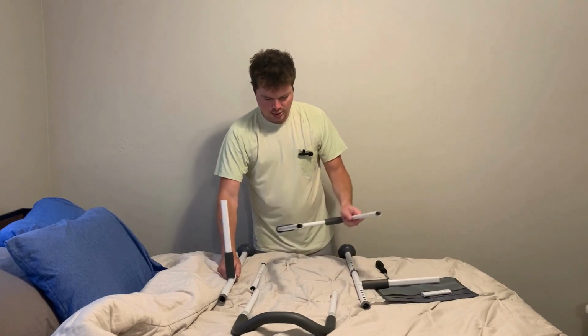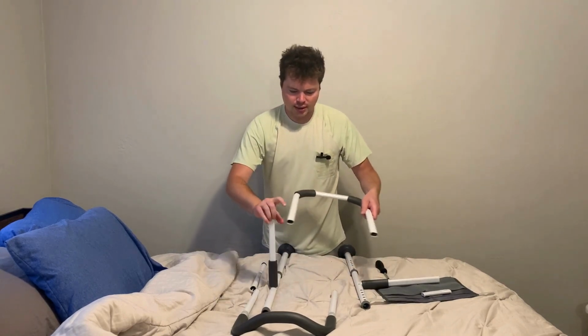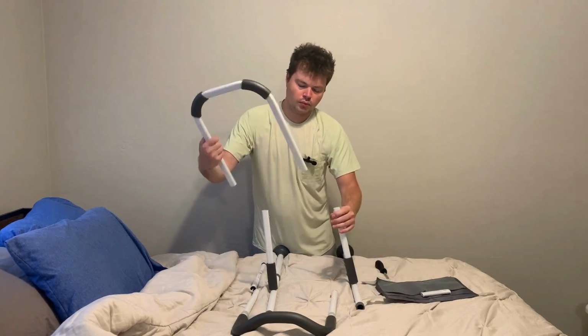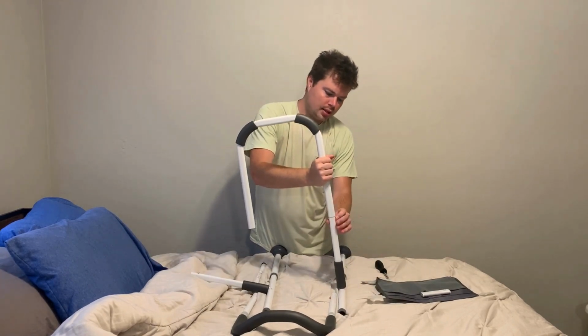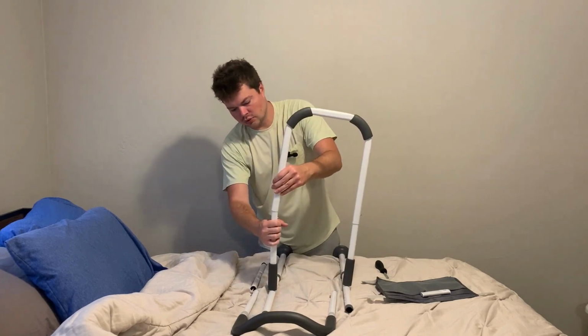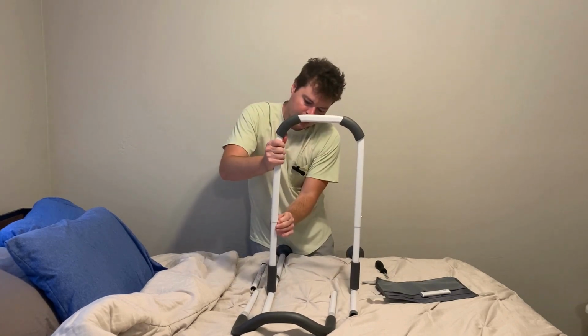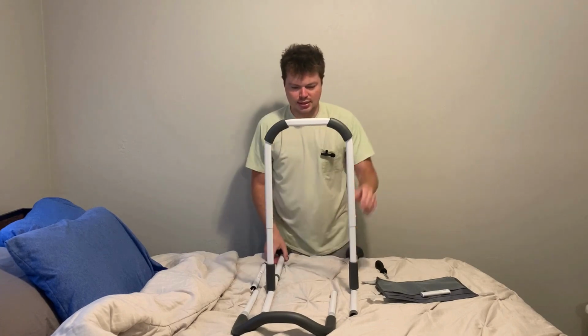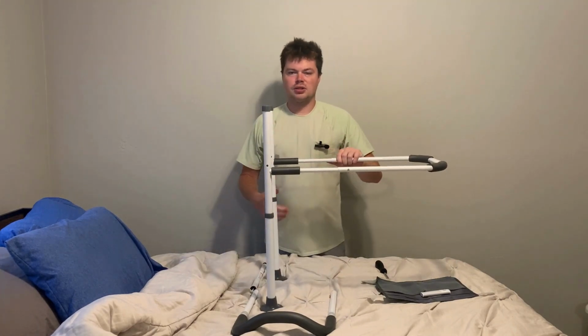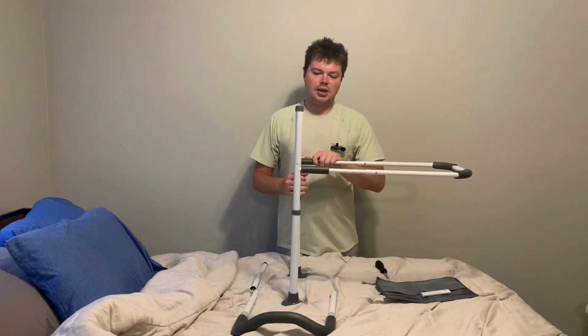So what I like to do is just lay it down flat like that. Get this together, slide it on, pop it into place. We'll move to the other side, slide it down, pop it into place, and there we go. Now the base is fully together, so at this point is going to be where you're going to need to